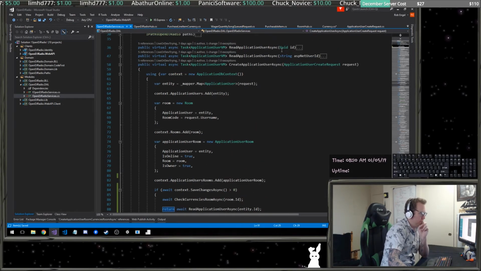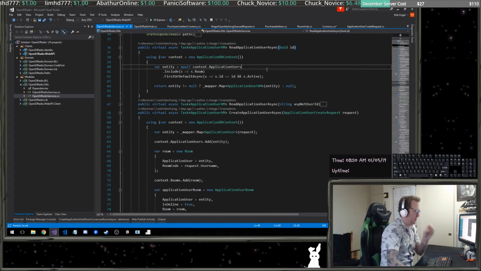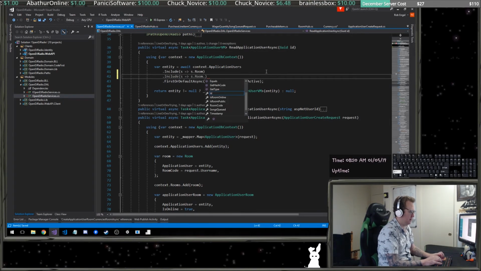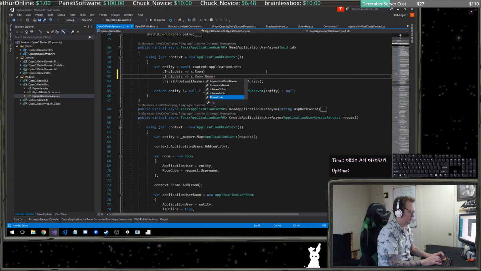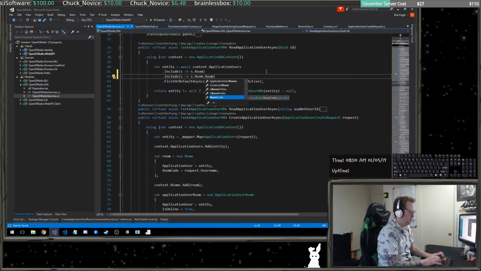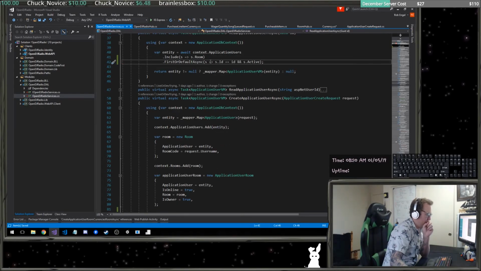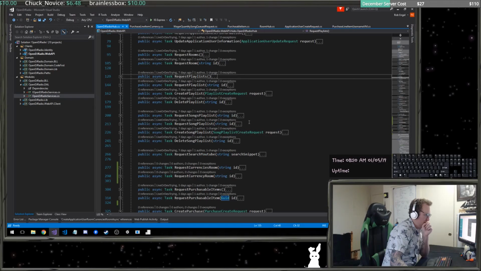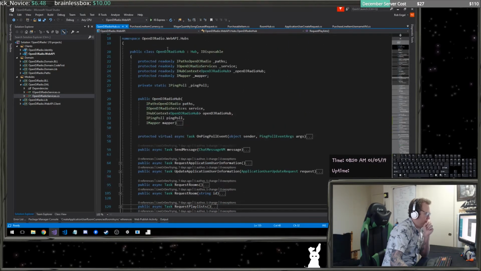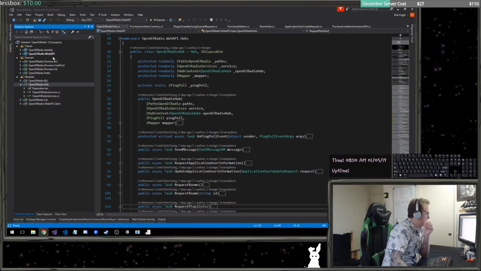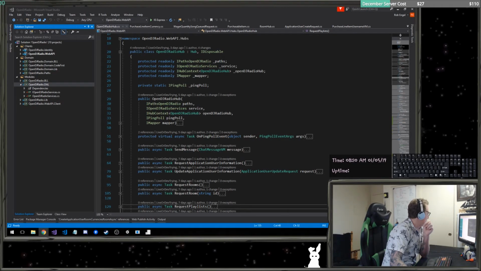So when you read your application user, we're going to also include the room.RoomCurrencies. No, we'll just do that. Okay, so then in my hub, when I'm invoking this thing,